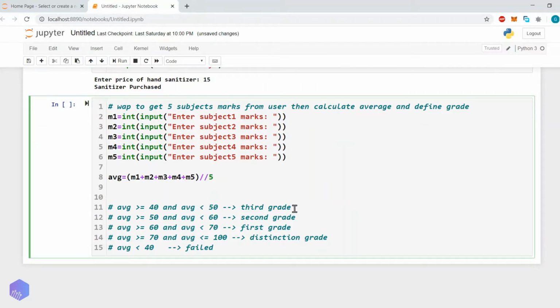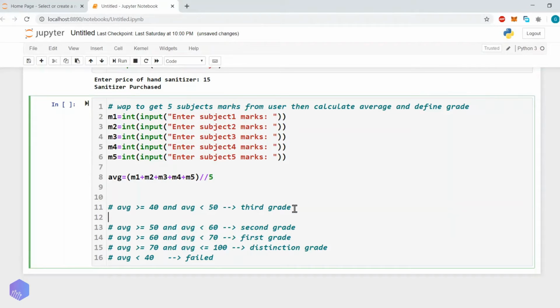Now after that we will write down the else if ladder. So let's start. We are having two approach. Either we will start with the failed or we will start with the distinction. So let's start implementation with failed.